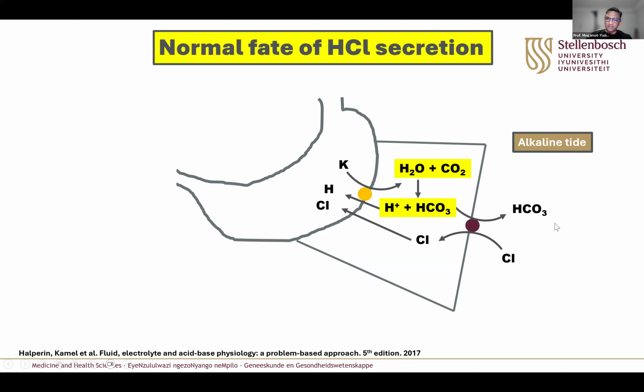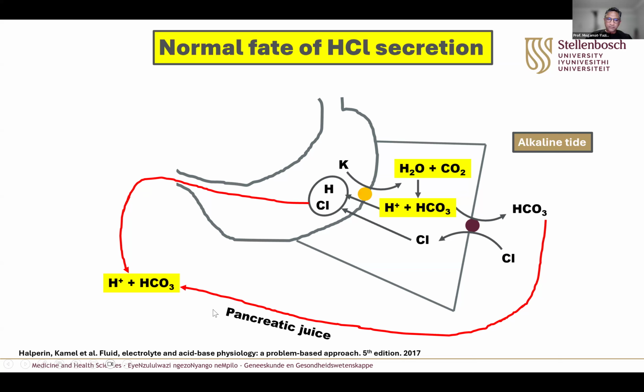And when food moves into the duodenum, it stimulates pancreatic juice production. For those of you who can't remember, pancreatic juice has an alkaline pH. So all that bicarbonate that we reabsorbed in anticipation of having lunch or supper, whatever the case may be, all that bicarbonate gets secreted along with the pancreatic juice, and pH now returns to normal.